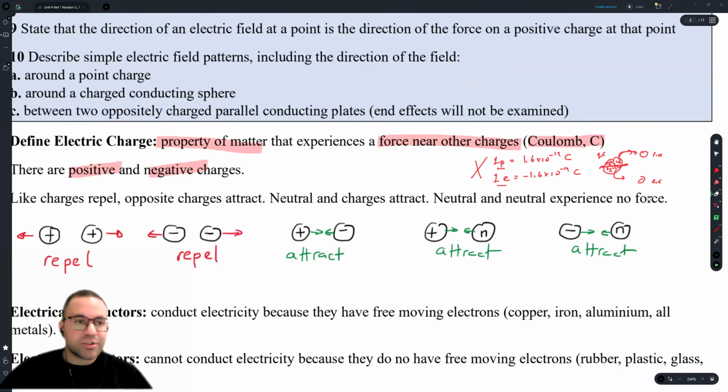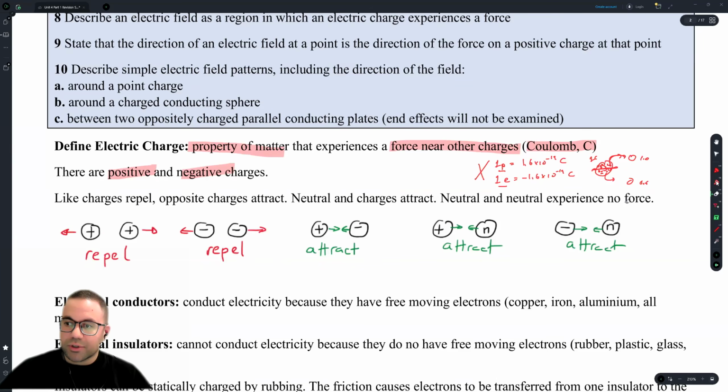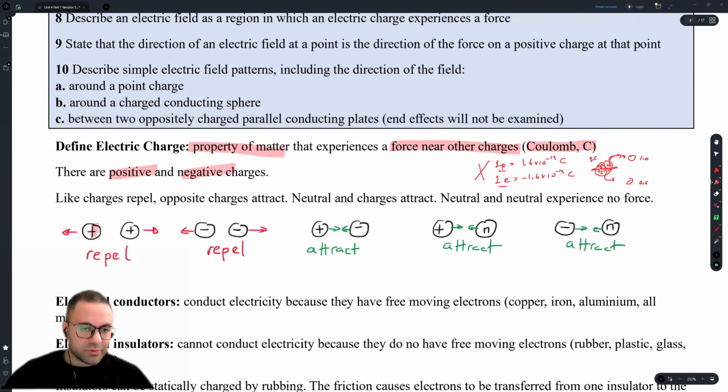Now, the relationship between charges is very basic, and I'm sure you know. Like charges repel, so positive and positive repel, negative and negative repel. Opposites attract, positive and negative attract. However,